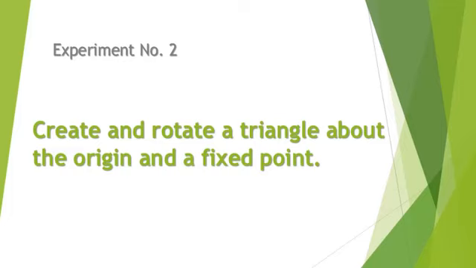This experiment is divided into four parts, that is to create the triangle first. The second is to make the triangle rotate onto the axis, and this rotation is again done in two ways. The rotation of this triangle can be obtained in two ways, that is rotation of the triangle on the origin, or a rotation of the triangle at a particular fixed point.